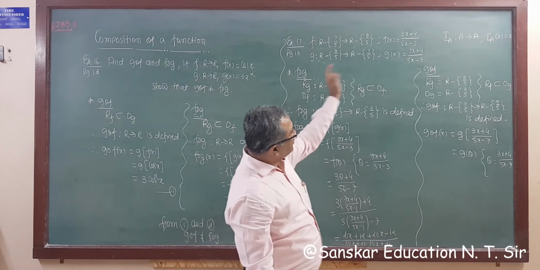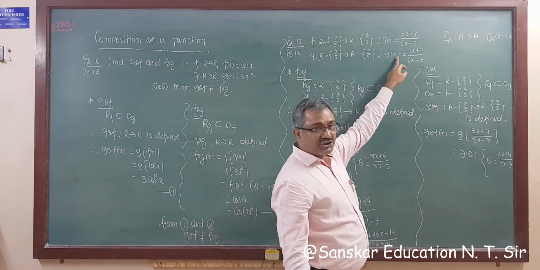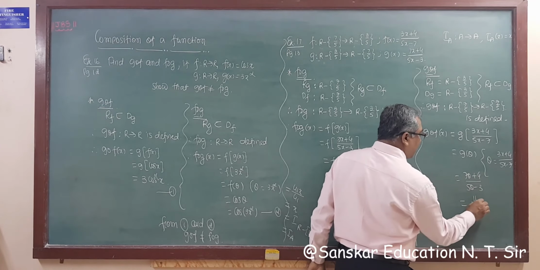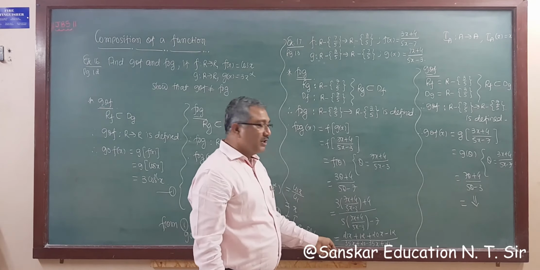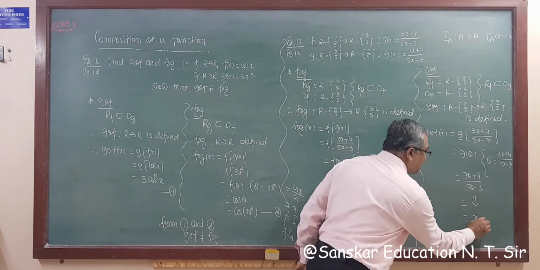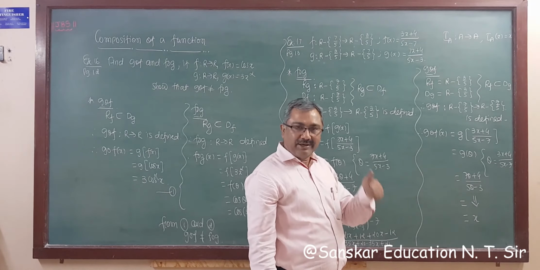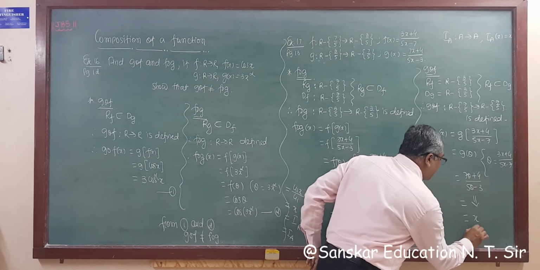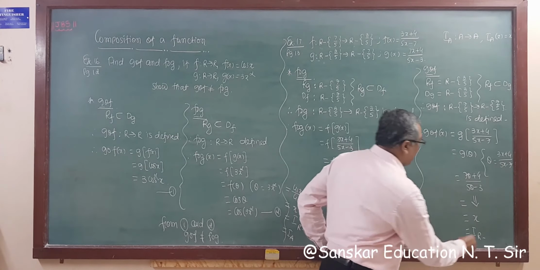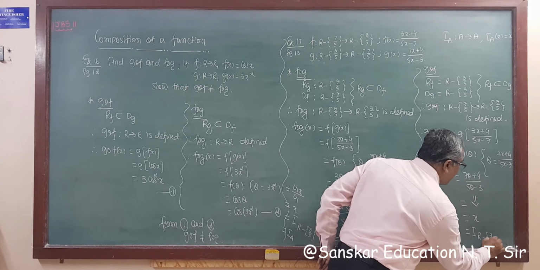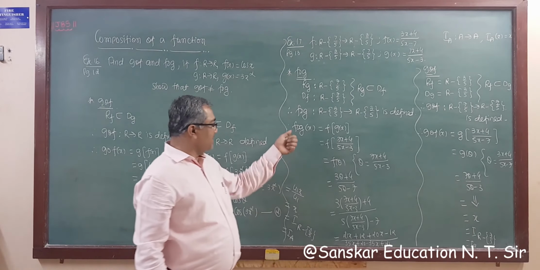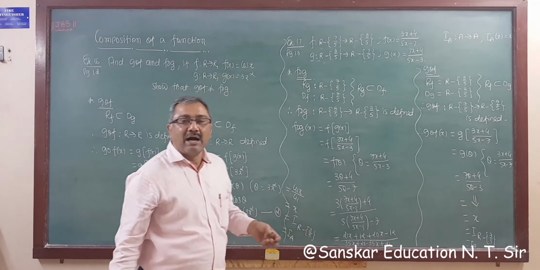Now applying the formula of g, instead of x we have theta. So g of theta will be (7 theta + 4) whole upon (5 theta - 3). If you substitute the value of theta and simplify like this, you will definitely get the answer x. So is this an identity function? Yes. If domain and codomain are the same, it is. So this is the identity function I of R minus 7 by 5, and in your textbook it is given as IB. So we can prove that g over f is IA and f over g is IB.